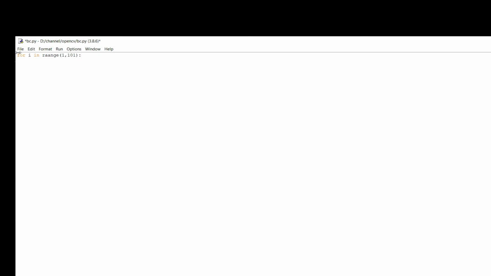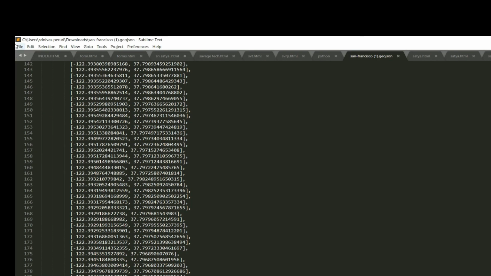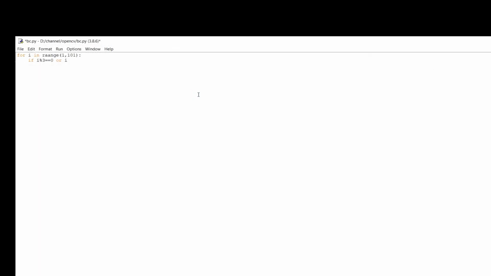So if my number, that is I, modulus 3 equals 0, or I modulus 5 equals 0, then I need to continue, and then I want to print the value of I. It means if a number is divisible by 3 or 5, that number is not going to be printed, and the remaining values are going to be printed.